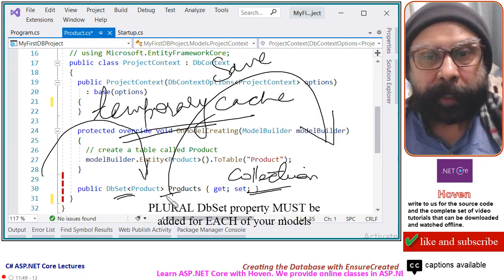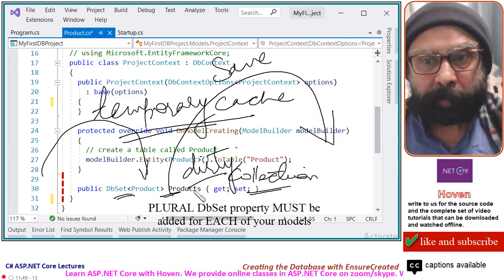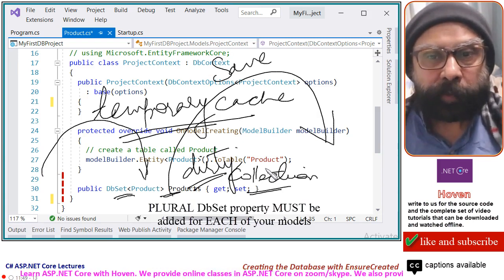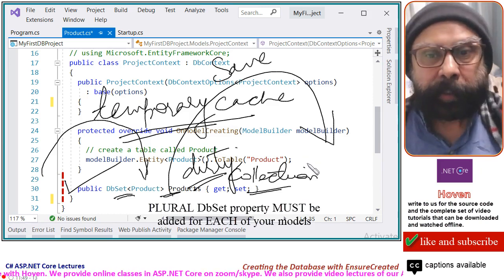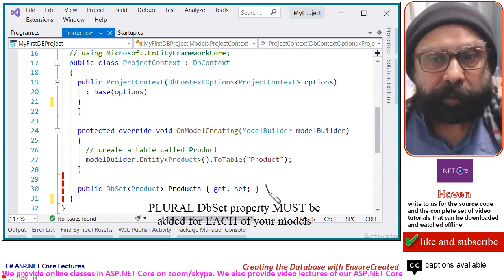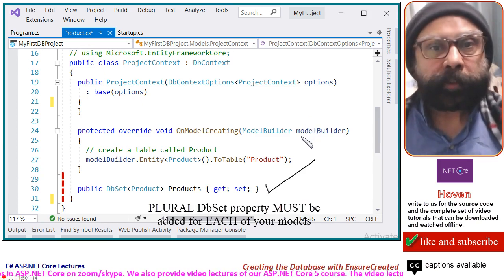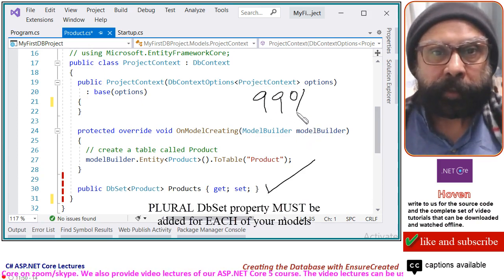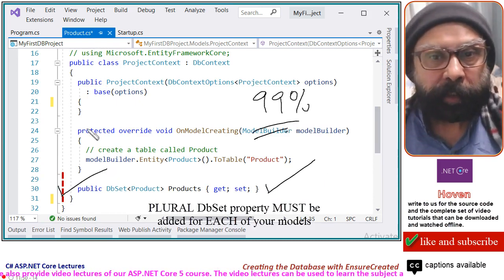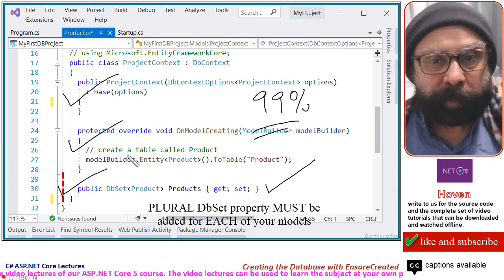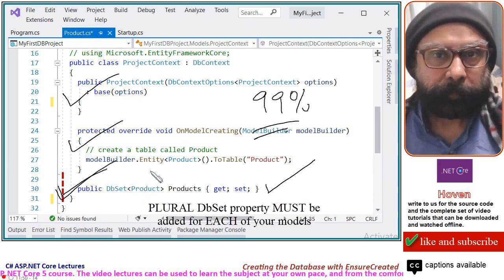It keeps track of changed records, dirty records, and all that. So this is a temporary collection that you must always add. This is always required. We will be using this collection 99% of the time. This is a very important property. This constructor, this override, and this property for each model are required.